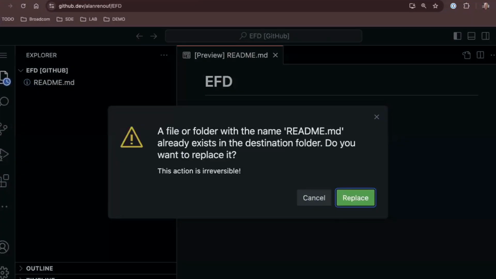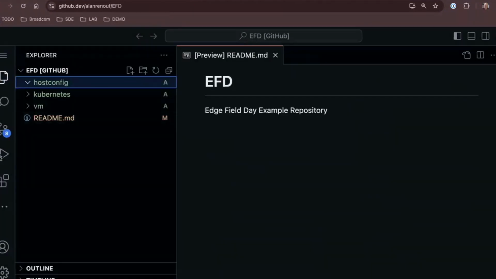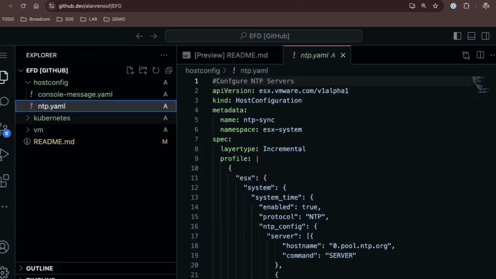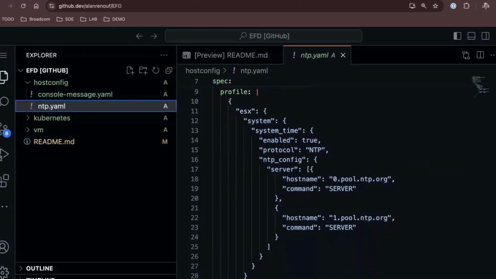Okay. So what did we just put in there? Let's go through these real quick. First thing we're going to do is, once you manually deploy an ESX host, you might be used to hooking in there and doing some post-configuration. Giving it an NTP server, time is kind of important. So you can see here how we're giving it a profile and saying the NTP server for my ESX host